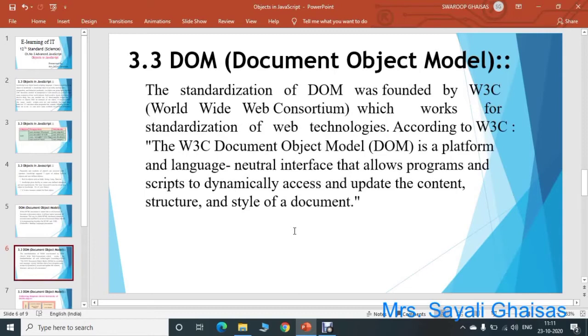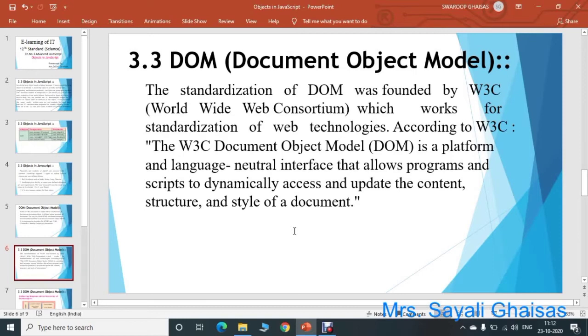The standardization of DOM was founded by W3C, that is World Wide Web Consortium, which works for the standardization of web technologies. According to W3C, the document object model, that is DOM, is a platform and language neutral interface that allows programs and scripts to dynamically access and update the content, structure, and style of a document.